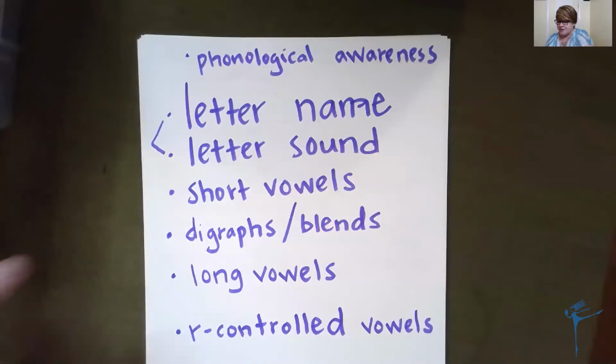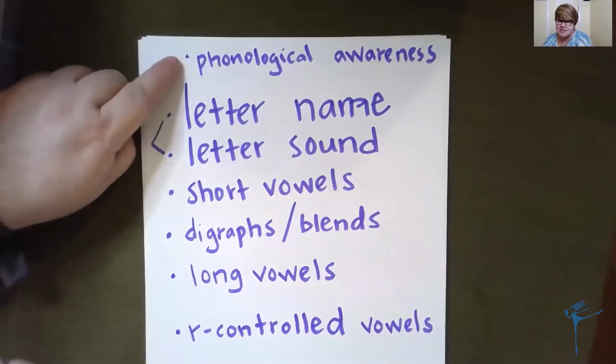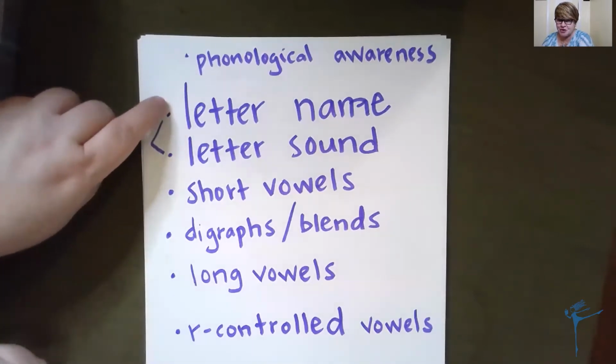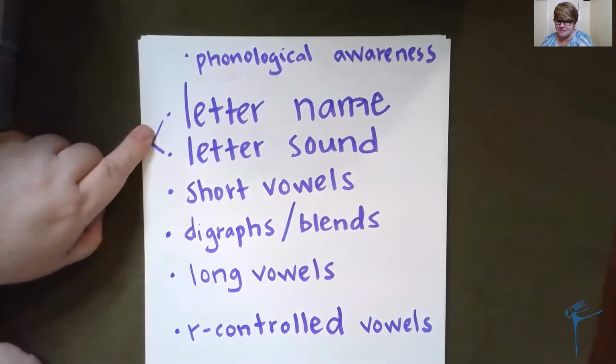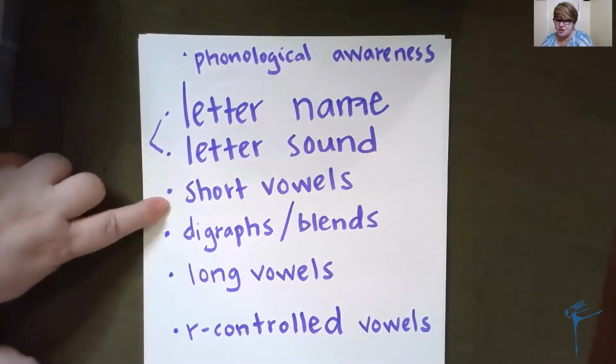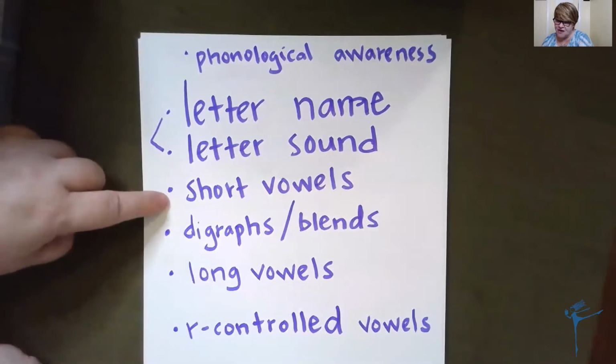Okay. If you think about how phonics develops across time, you can think about this kind of chart. Very simply, at first, children are learning to listen for sounds in spoken words, and then they move to learning the names of letters and the sounds of those letters. And then comes some vowel work. At first, short vowel work,